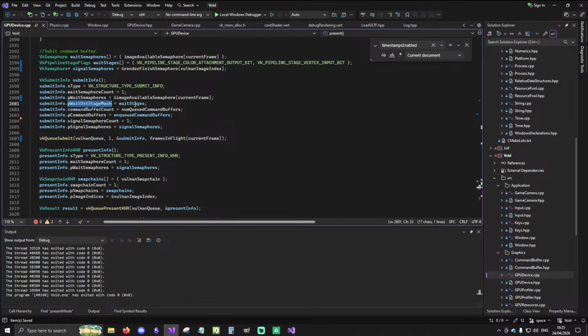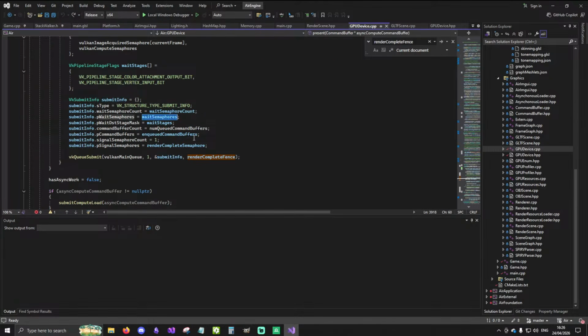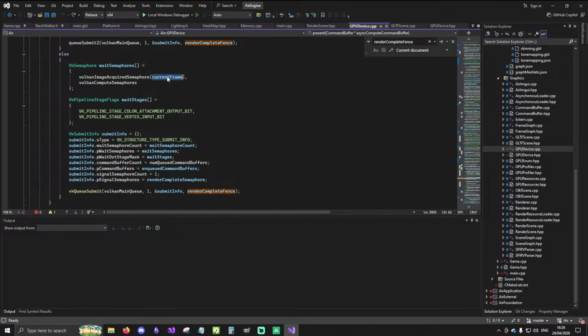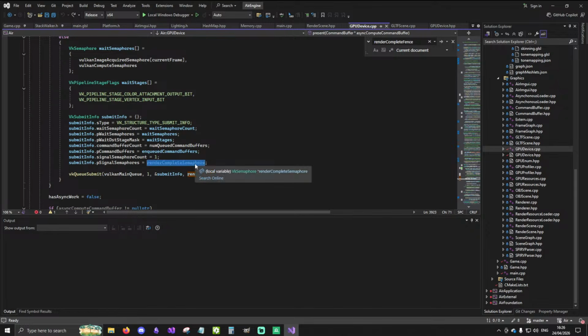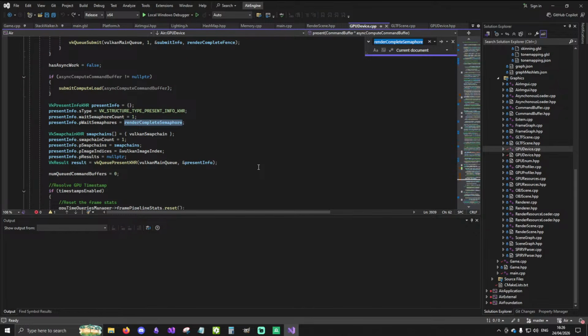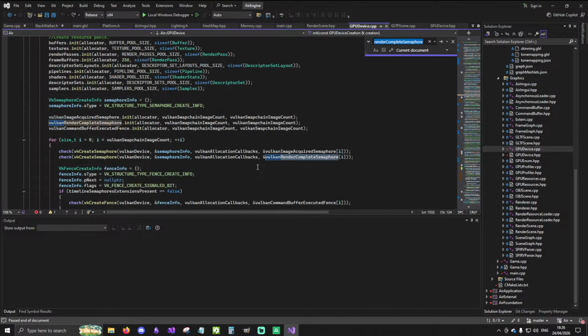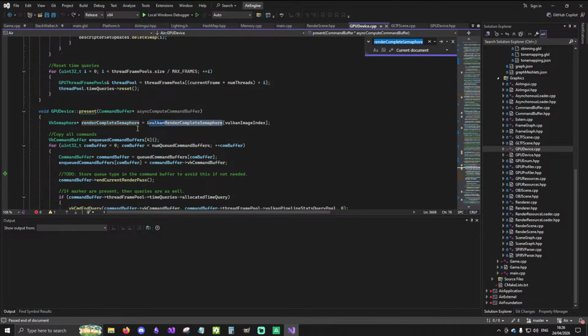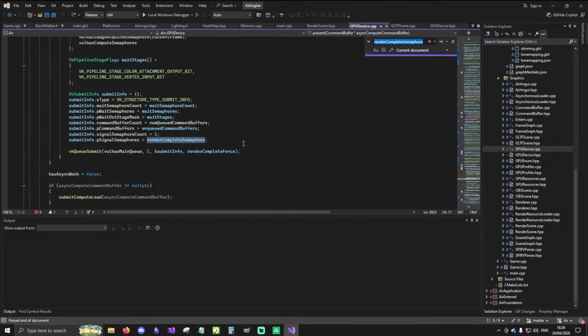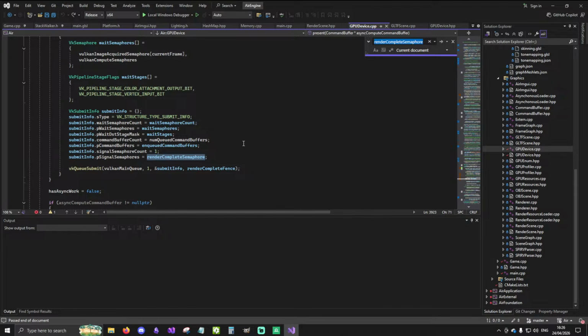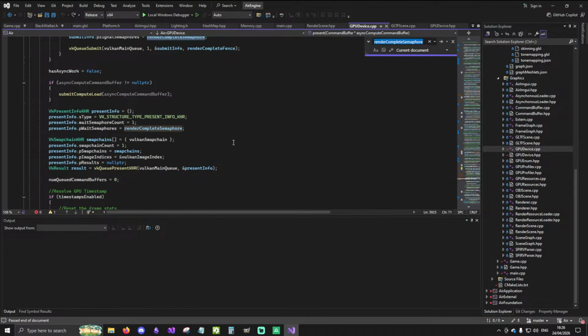Okay, so we have a wait stage, which is fine. We have wait image. Okay, let's have a look at that. So it's the current frame, yes. Reset is okay. Just double check. Just this, please. So what's this semaphore used in? So surely there's more, right? So for presentation,